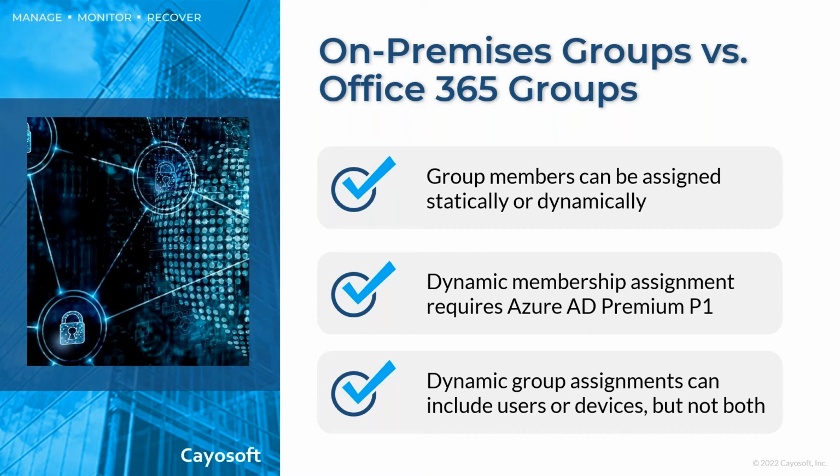Now, dynamic group assignment works a little bit differently because rather than an administrator or a group owner having to go in and pick and choose the individual users who will belong to that group, and then later on remove users from that group as needs change, group membership is controlled automatically based on Active Directory attributes. So for example, you might dynamically populate a group membership based on what city a particular user is in or what department a user works in, or any number of other criteria. It's based on Active Directory attributes. So this goes back to what Bob was saying earlier about you've got to make sure that your Active Directory is healthy and that your attributes are what they need to be.